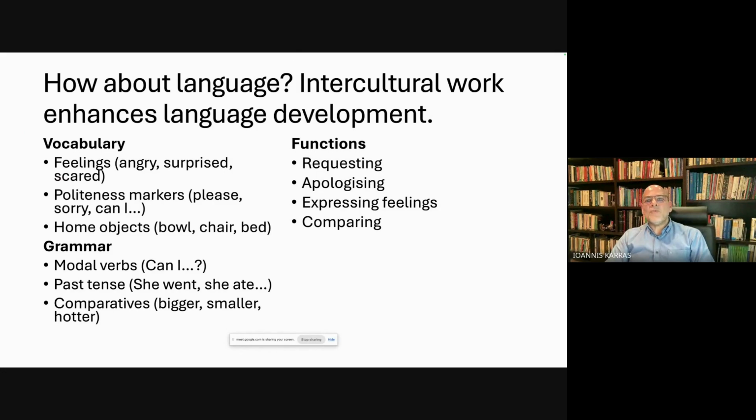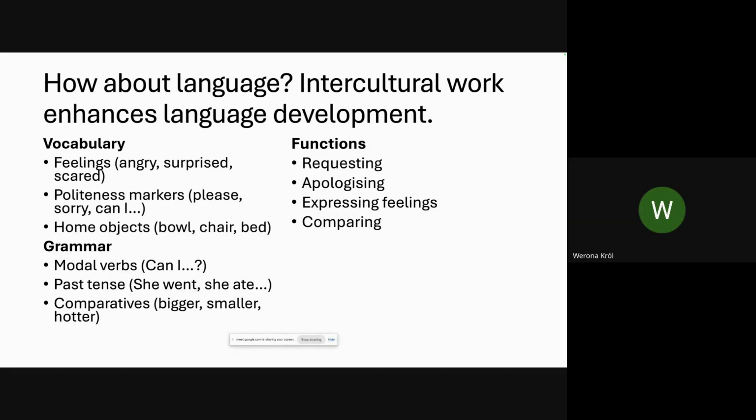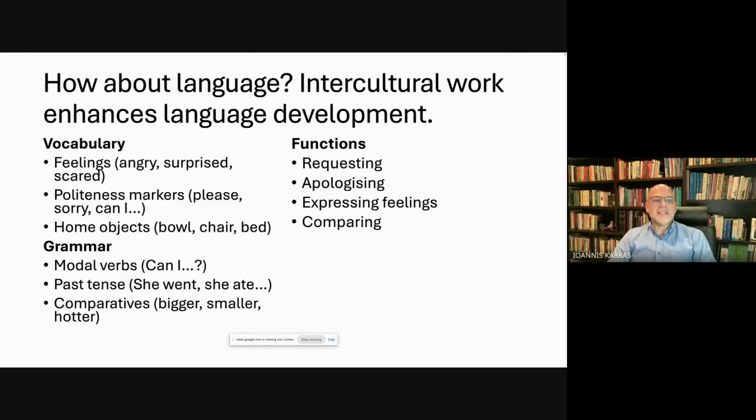And how about language? Intercultural work enhances language development. As I said, this should not scare you, that, oh, so where does language come in? There's a lot of language that can come in, because if we're looking at, for example, vocabulary, you can use words like angry, surprised, scared, and politeness markers. For